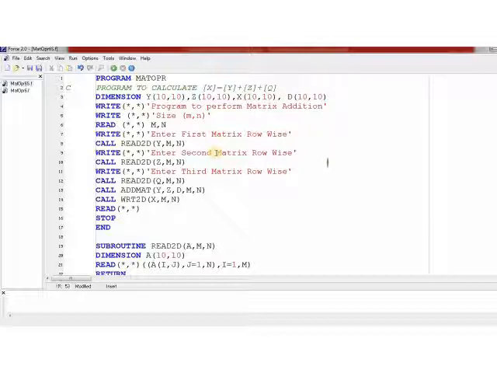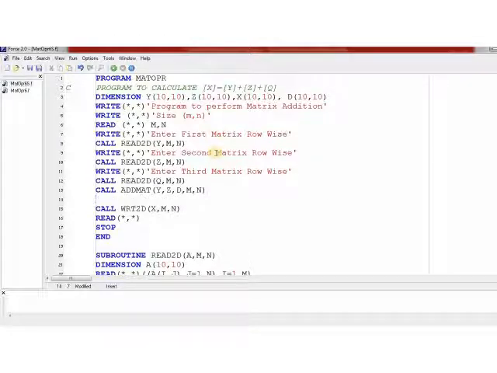Then we come back to this. After this, I will again call addmat. I will send matrices D and Q to calculate x, and the size of the matrix is m and n.